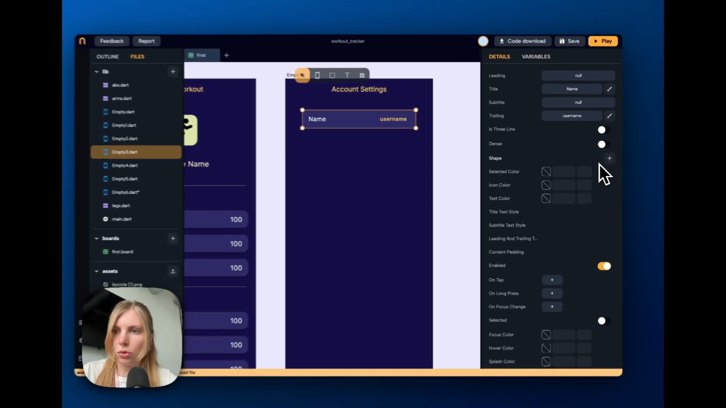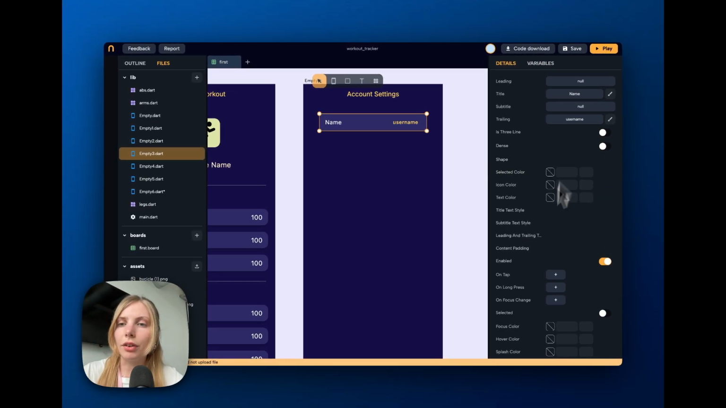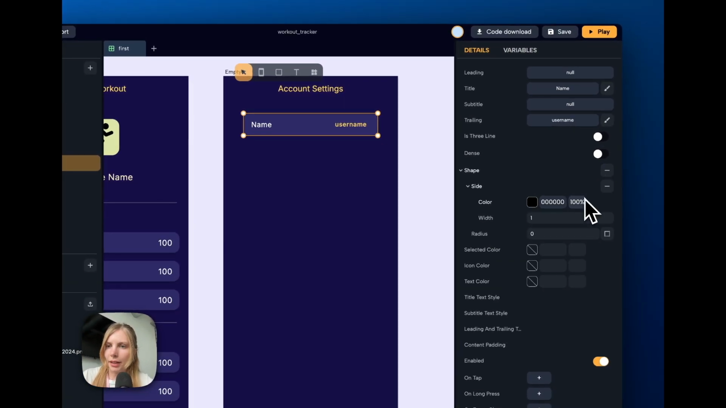Now I select the tile again, and from the details panel I go to shape and I add the shape. I want